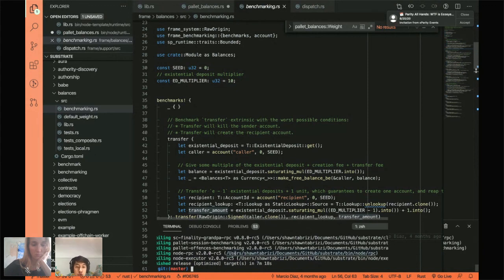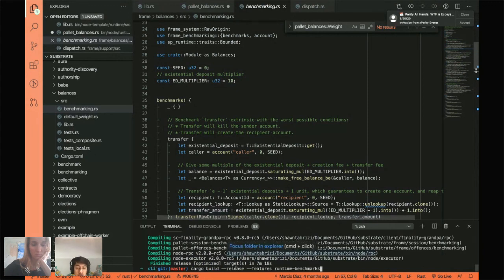So I do cargo build release, just like you would do to build your node, but add the feature flag features runtime-benchmarks, and this will tell the rest of the code to add this benchmarking feature to your runtime. And then when you have this feature runtime-benchmarks, you're able to run a command. So this will build a binary with the runtime-benchmarks feature enabled.